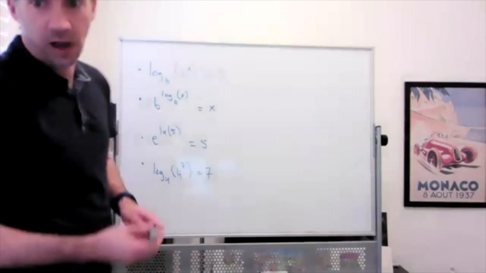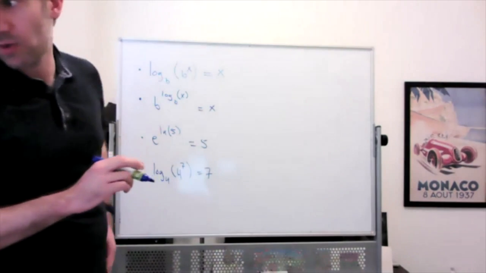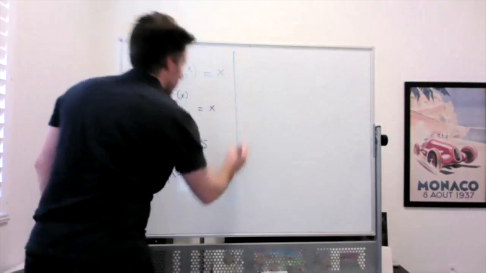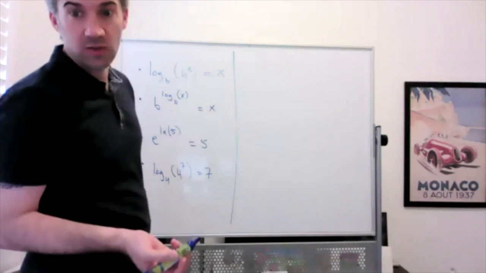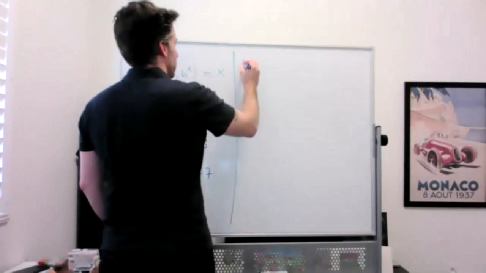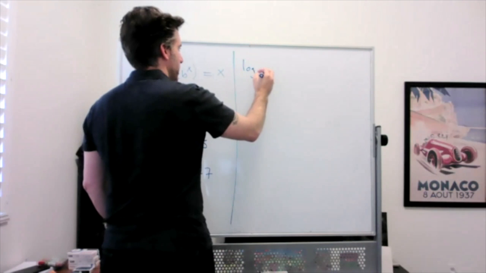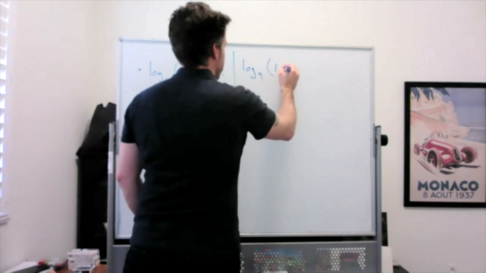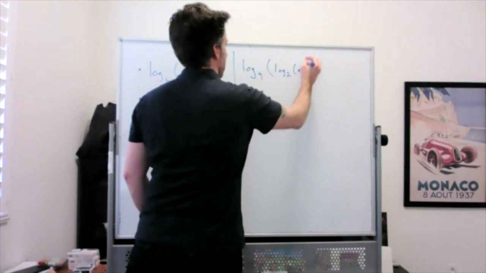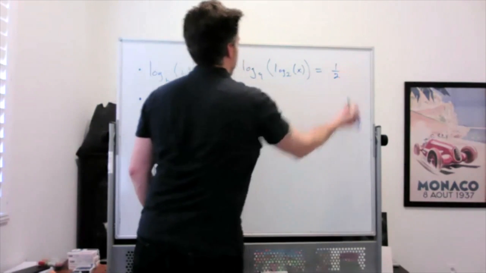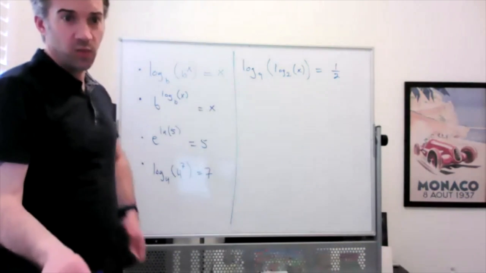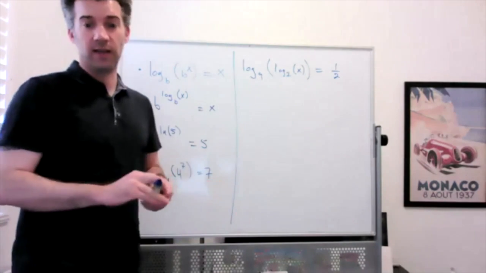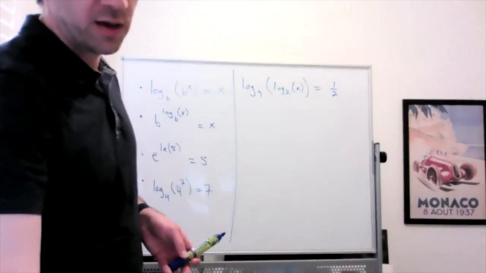Okay, so let's get on with things. I want to look at these couple questions here. First one, I want to solve for x. This one looks kind of complicated. It's log base 9 of log base 2 of x equal to 1/2. And the idea here is that we want to use our ability to rewrite these logarithmic equations